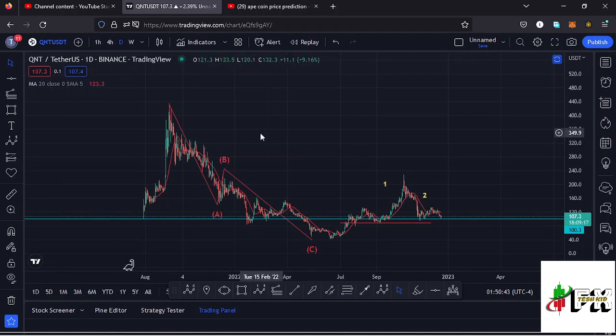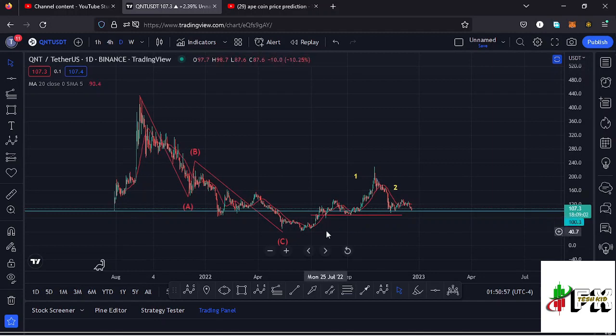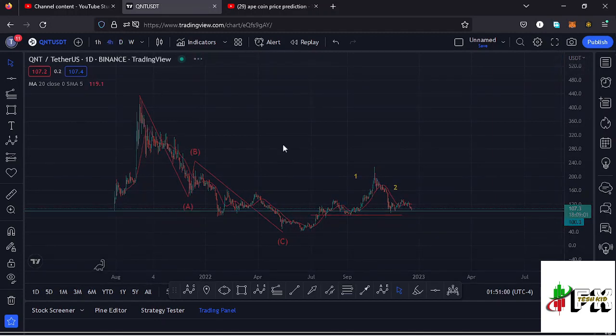And allow me to kickstart the video here on the daily chart by giving you a brief of what has been happening here on the Quant chart. Quant from the all-time high had been seeing lower prices in this massive ABC corrective structure, which took us back to around the $40.1 mark. And after seeing that low, we have been seeing a very nice bounce to the upside in a movement that